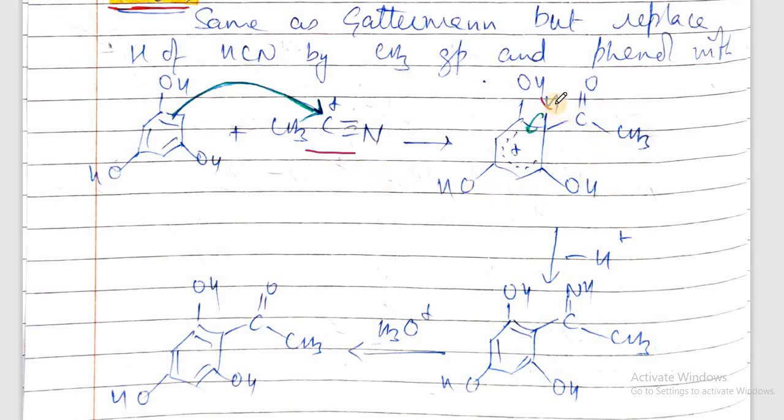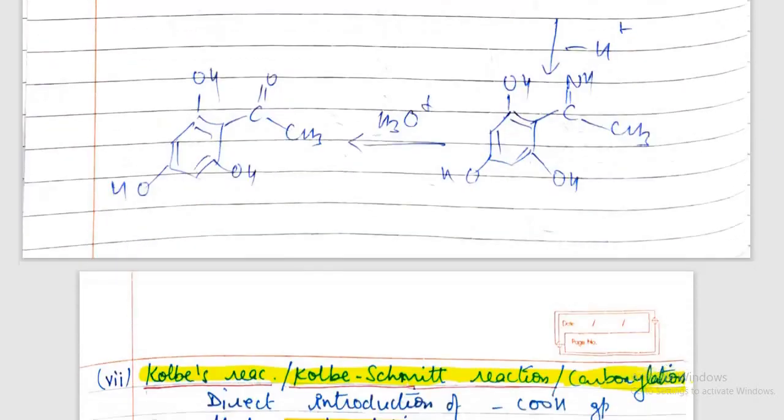So here H will be released, the electron will move to this, and this is one of the intermediates, and then we finally get this as COCH3. You can refer to the first mechanism, it is exactly the same. Now we are not going to do it in detail. So next is